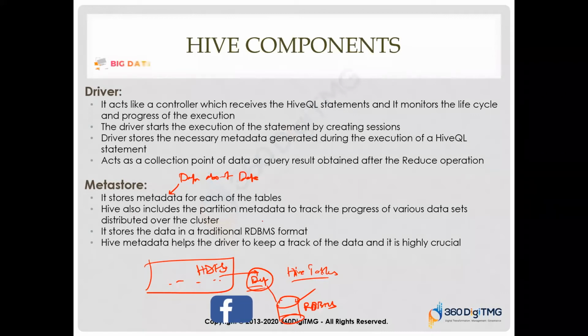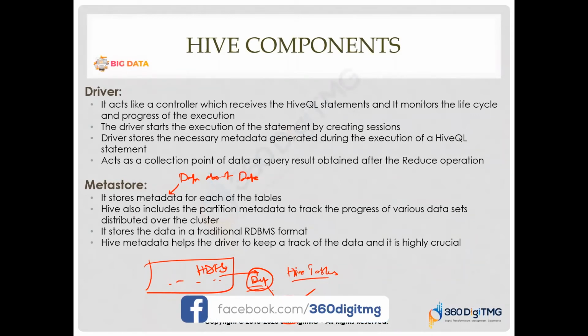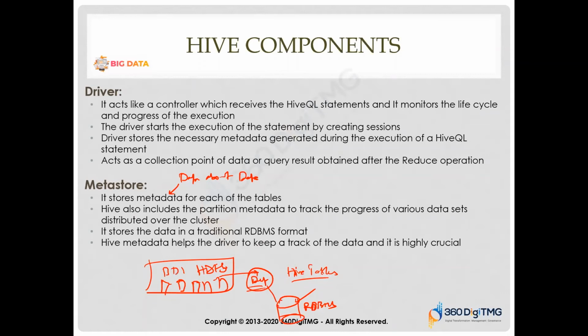It also includes partition metadata. That's another concept, because if you see, there are multiple physical computers which are interconnected to create this big data, big computer, special computer. So physically there are multiple computers which are interconnected, right? That means when you are storing, the data has to split itself and get stored in different computers. So that partition metadata will also be made available, so that we can understand where my table is getting stored, my actual data is getting stored in which node, right? So metastore also has partition metadata information.